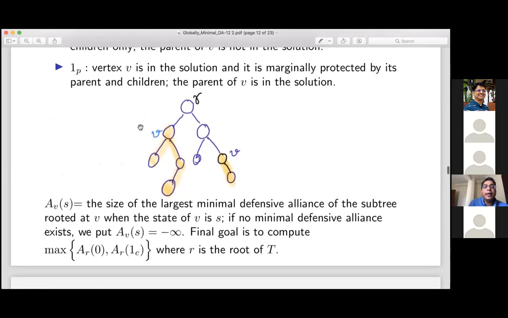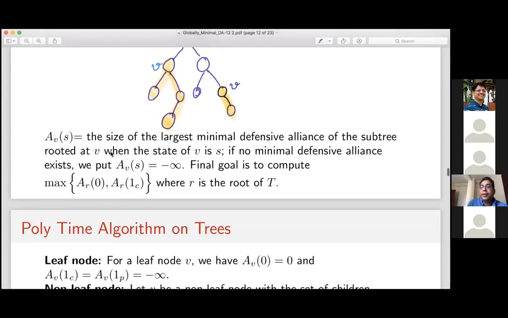And then finally, I'll consider the subtree hanging at the root node, which is basically the original instance for me. When I come to here, I have the solution for this subtree and this subtree. So I use the solution of these 2 subtrees to solve the problem for the final instance. This is the idea behind dynamic programming: you define your subproblem nicely on a smaller instance, and you use the solution of the subtrees of the smaller instance to solve the problem for the original instance.